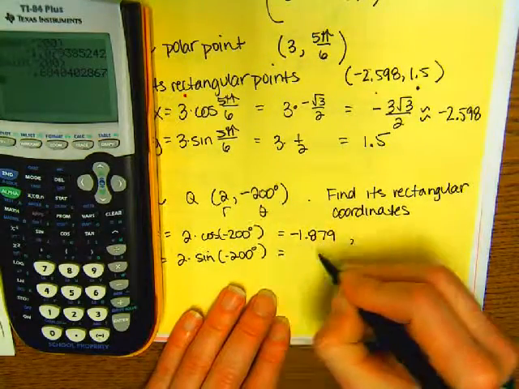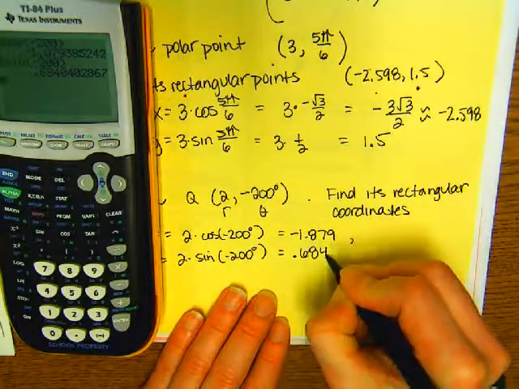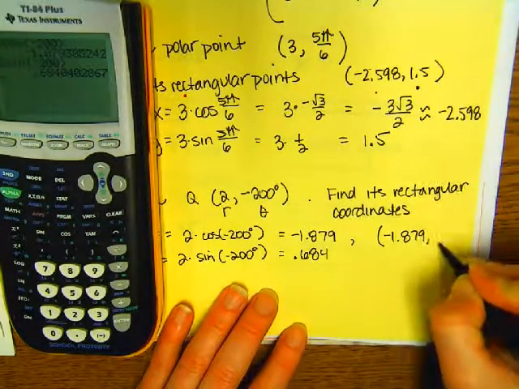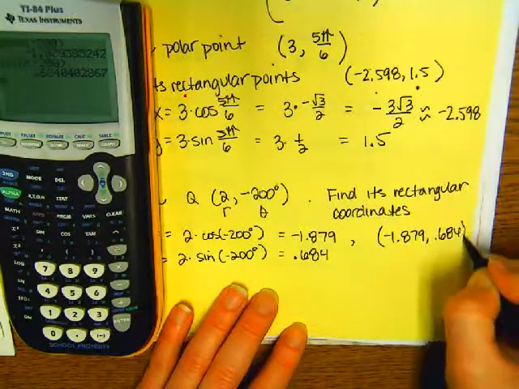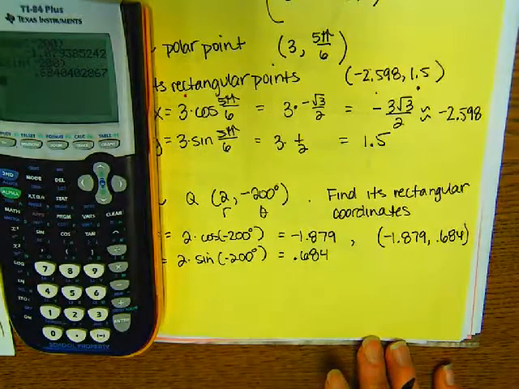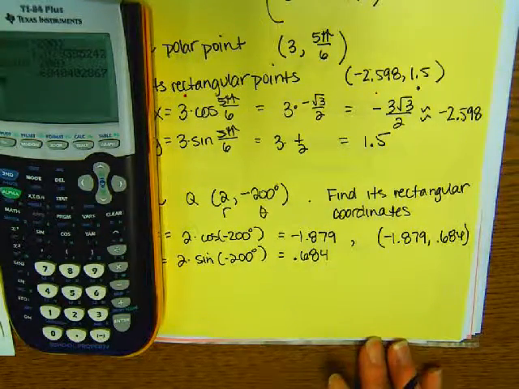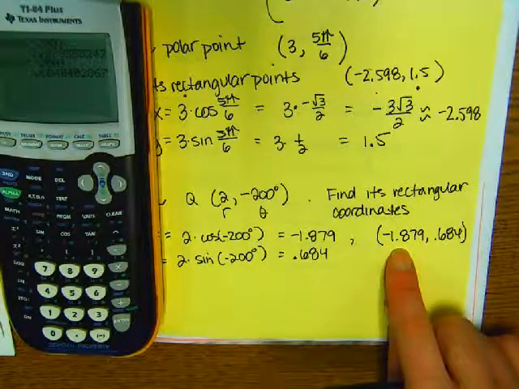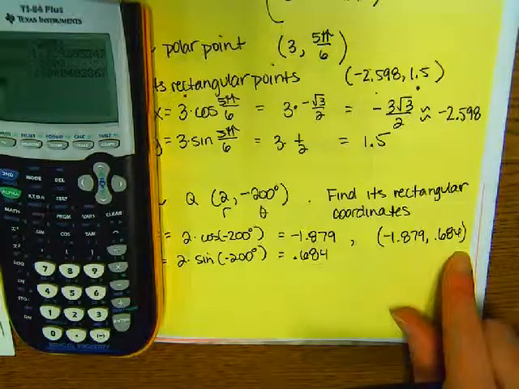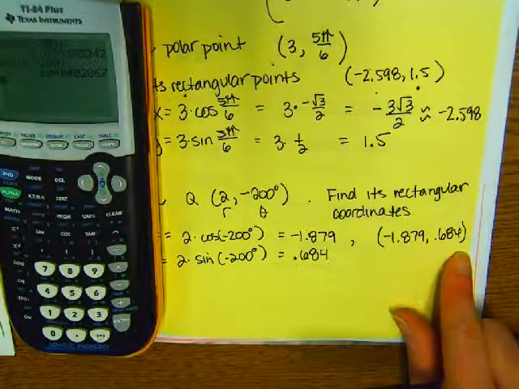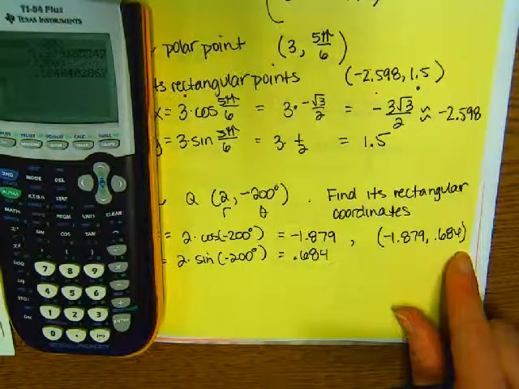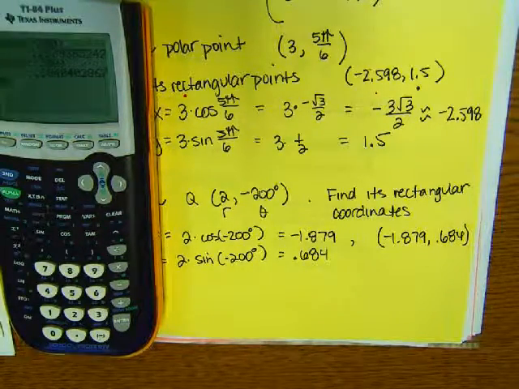And for the second one, I get 0.684. And if you look at your polar paper again, that would make sense on the xy plane because it's to the left, which means the x-coordinate would be negative, and then the y-coordinate would be positive. Okay. How we doing? Good so far? Alright, so let's